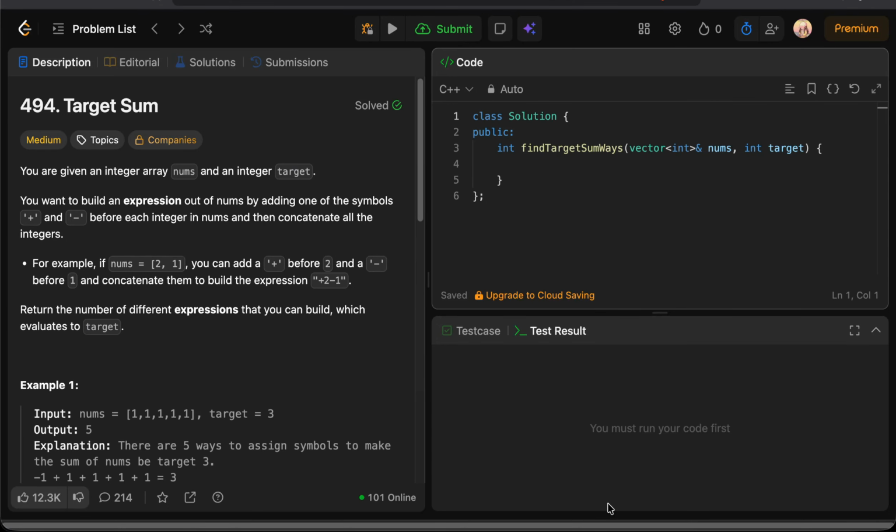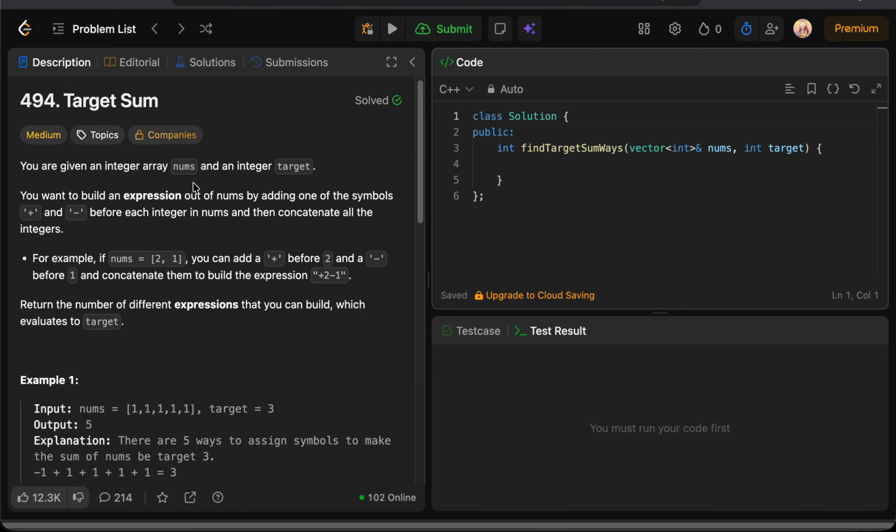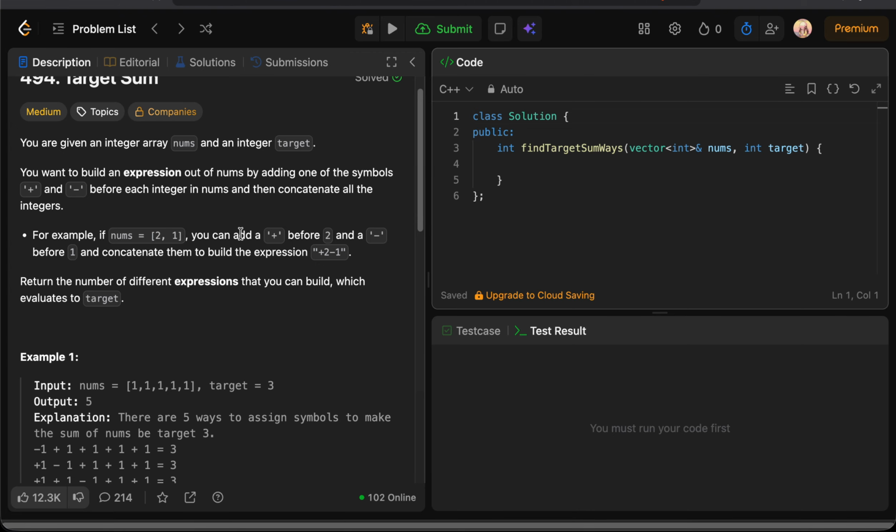So it's LeetCode problem 494, Target Sum. You are given an integer array nums and an integer target. Okay, so in this problem,